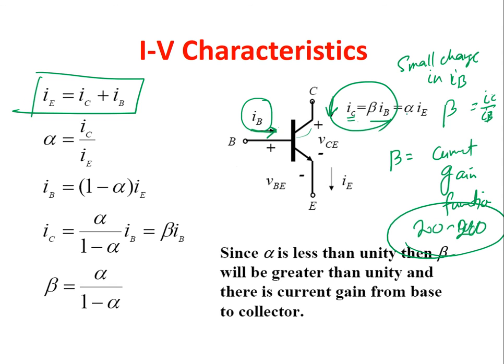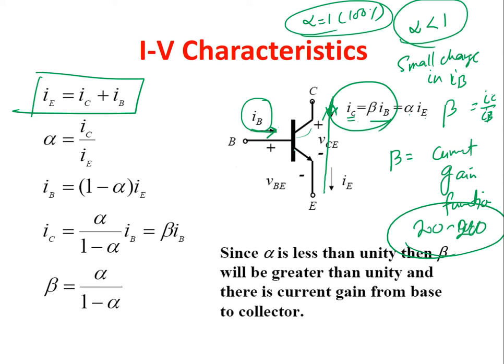Also, we can write the collector current in terms of alpha times IE. Alpha is defined by how many electrons are being pulled by the collector. We know that the electrons, due to the forward bias region, are moving towards the collector region. How many electrons are pulled towards the collector is defined by alpha. Usually the alpha value is less than unity. For example, if alpha is equal to 1, meaning 100%, it means 100% of electrons are pulled by the collector, which is not ideal, because some of the electrons combine at the base junction. So the value of alpha is usually less than 1.